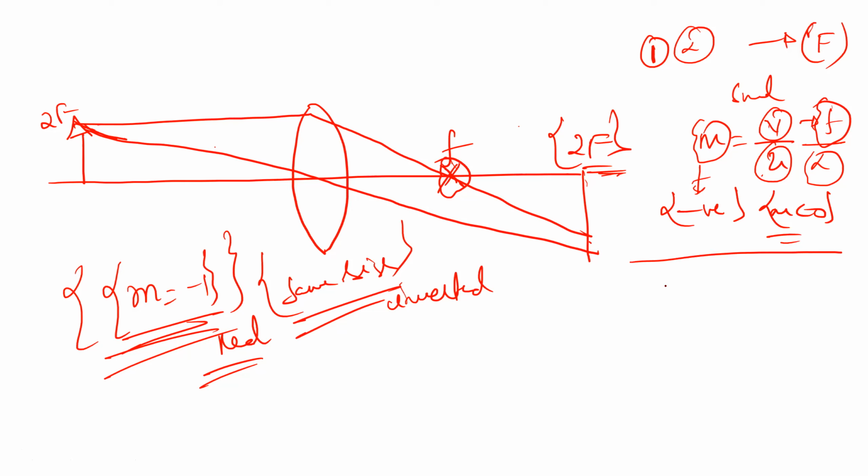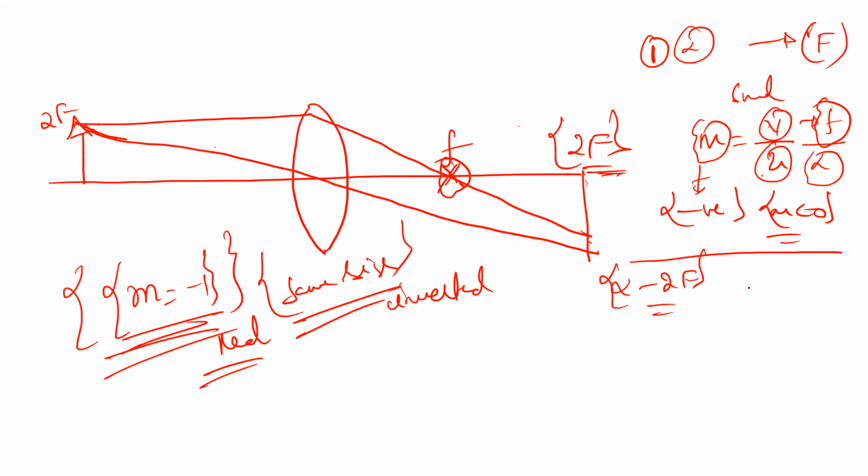The second case is when the object is placed from infinity to 2f. What will happen? The image will be formed between f and 2f. Now it is going from f to 2f. Got it? At infinity, you got it at f. Now when you are placing it from infinity to 2f, the image will move from f to 2f. In between it will be there. Okay? You can remember this very easily. Okay, sir. When the object is at infinity, you got it at f. When you keep it between infinity and 2f, the image will be moving towards 2f. That is f. Beyond f, it has gone. Beyond f, that is f to 2f. It will be. Yes, sir.